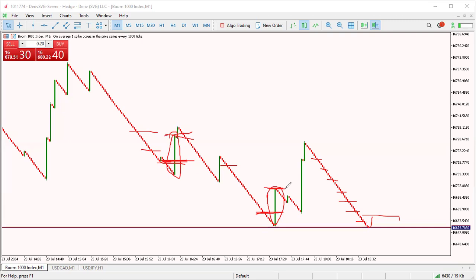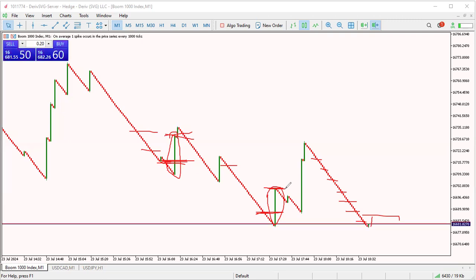So the easiest way, if you don't want to be a victim of the default slippage in the Boom instrument, is this: whatever you are risking, if you want to risk $10, for example, what you should do to save your account from surprises or losing more than what you intend to risk,